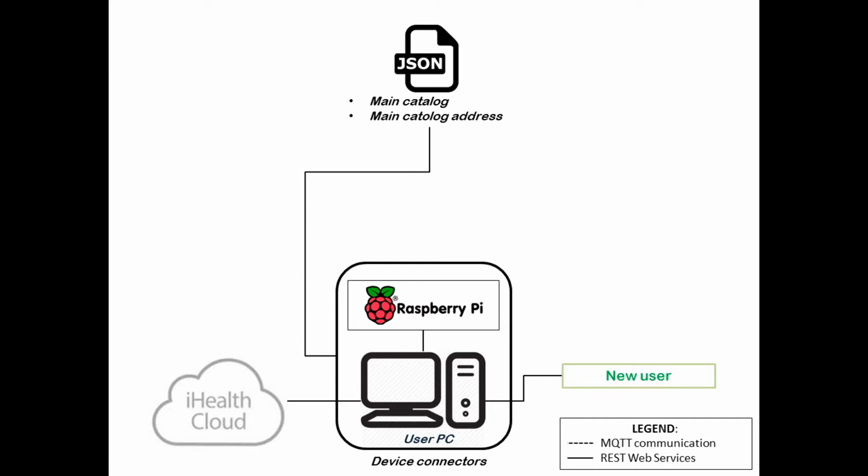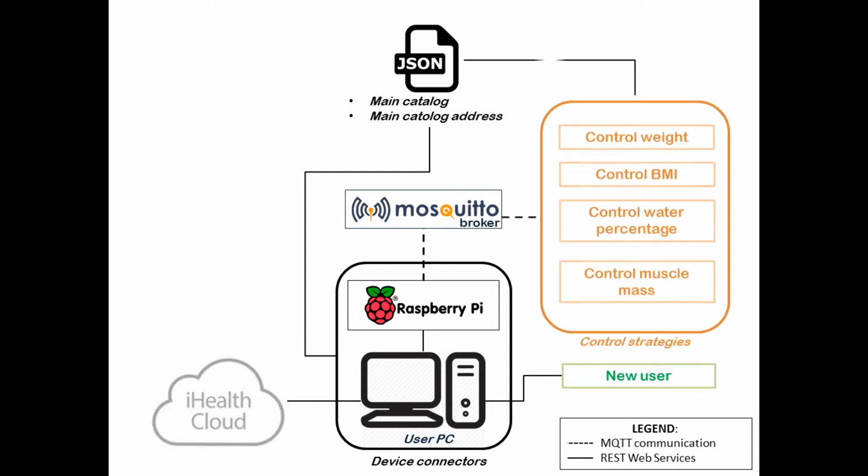This kind of strategy is used also to retrieve the user's data from the IoT cloud. Then, a publish-subscribe communication based on Mosquitto Broker manages the data of interest, making them available for the control strategies